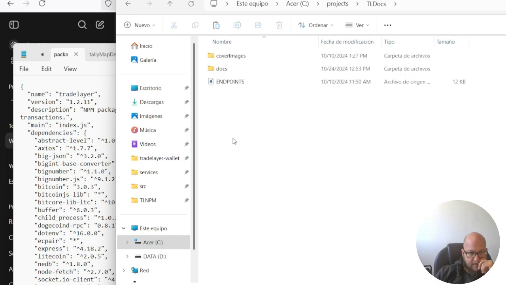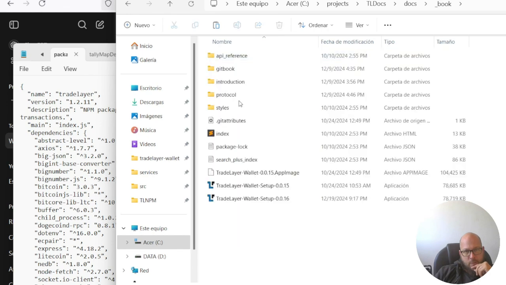Let me go to docs. I'm using the same domain, subdomain hosting for the URI, even if the thing is